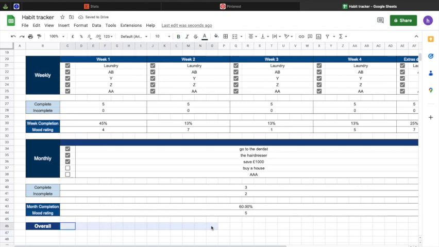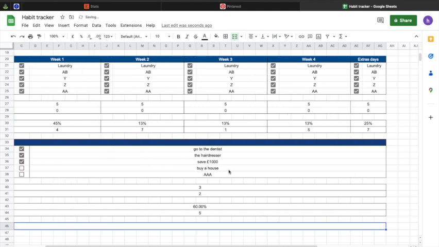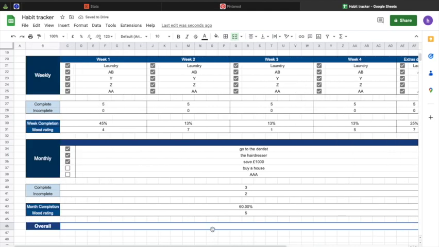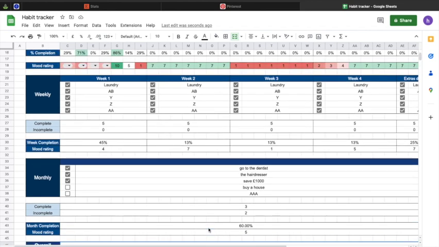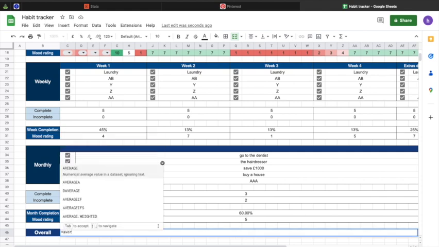Once this is done, I'm just going to select the overall, and I'm going to merge the cells. Once those are merged, I'm going to calculate the completion overall. So how to do that? We could do two different ways. You can do an average of all the completion that you've had, so all the percentages, or you could again do a calculation. We are going to do an average. So let's do equal average,